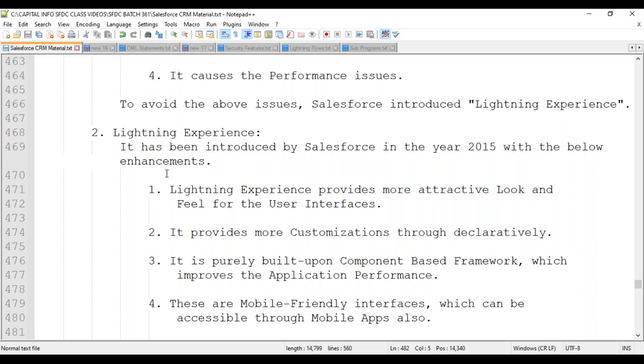So for that reason, for the first four sessions, we'll go with the Classic part. From today onwards, we'll see how to use the Classic user interface only for four sessions, not more than that. The rest of the complete features we will cover with Lightning Experience. Because